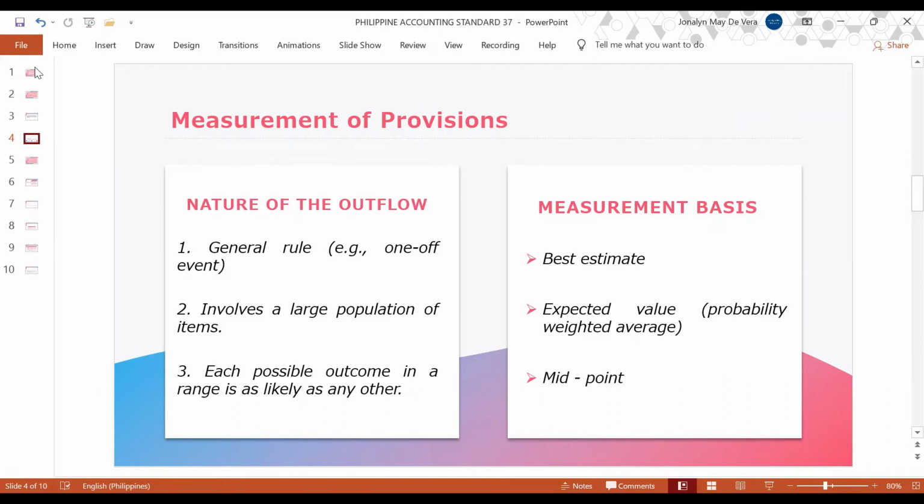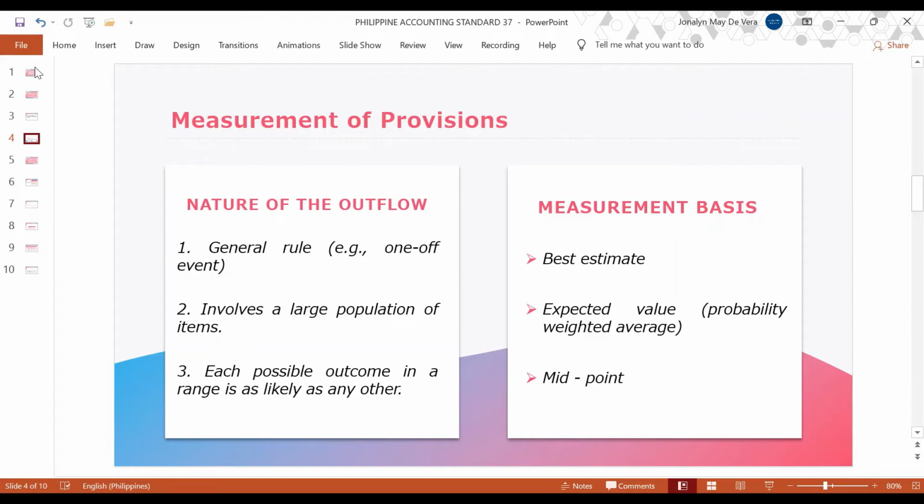So, how to compute midpoint? Well, midpoint is equal to the highest amount plus the lowest amount in the range and then divided by 2. Pero hindi po lahat ng midpoint is reasonable. Gaya ng sinabi ni Miss Ira, the best estimate should be reasonable. Let's say binigyan ka ng range na sobrang broad. Let's say yung range is 20,000 to 2 million. Hindi na siya reasonable because sobrang lawak na ng range. Hindi na siya makatotohanan. So that means the amount of provision will be equal to 0.